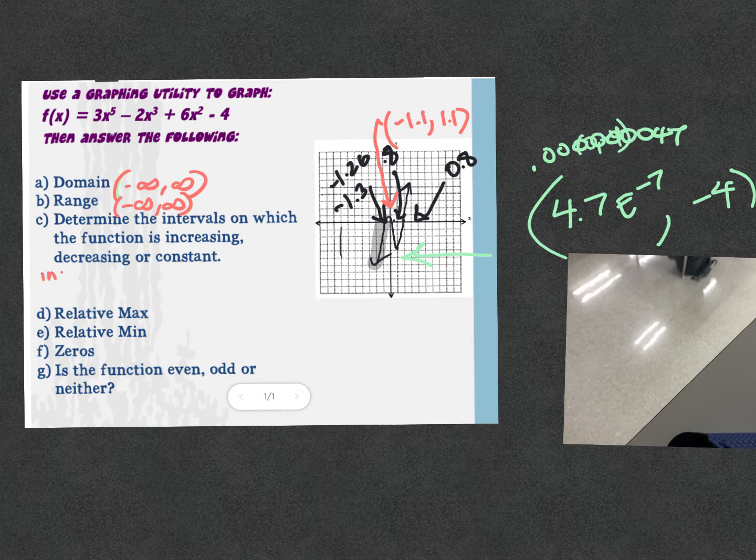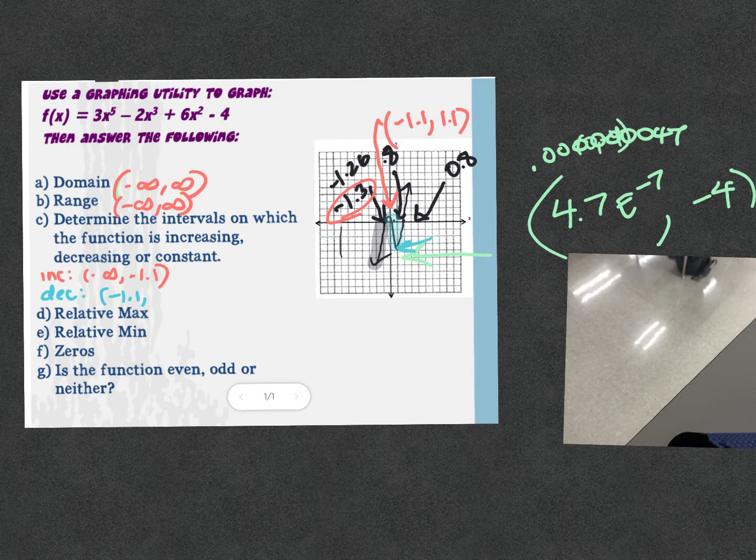So it's increasing from negative infinity to that coordinate point, but I do the x value of it, right? Which is negative 1.3. No, sorry, that's the 0. Negative 1.1. Okay, that was my max. That's when it changes direction. Then it came down, which would be decreasing